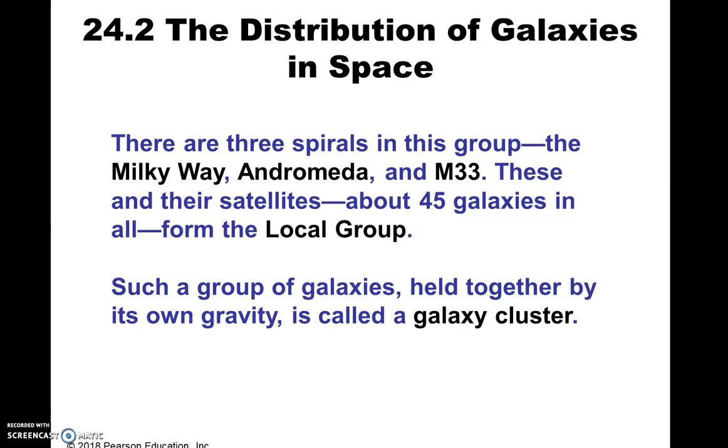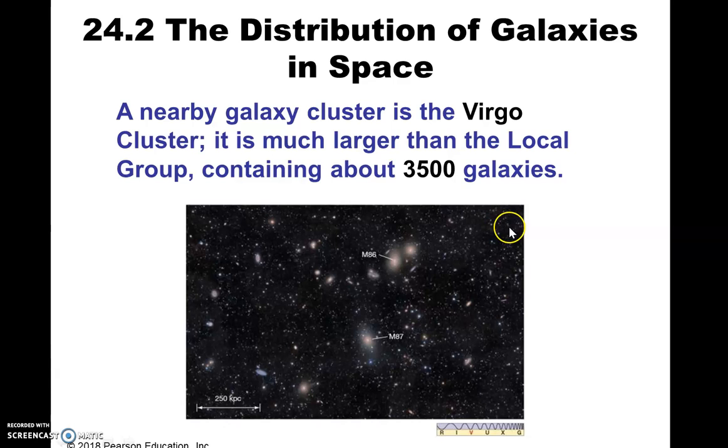Most of the clusters of galaxies that we see have at least one really large elliptical galaxy. It doesn't have to be one of the exceptionally large ones, but there's usually at least one or more large elliptical galaxies, and so that's generally called a cluster of galaxies. There just doesn't happen to be one in our local group, and so here's a nearby cluster of galaxies,